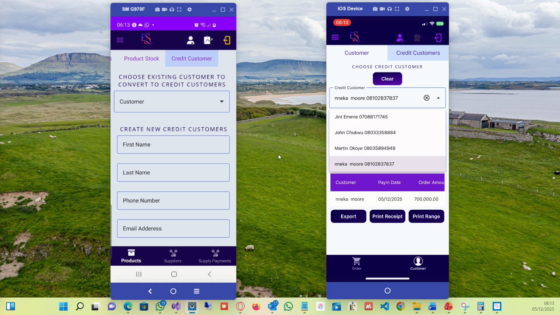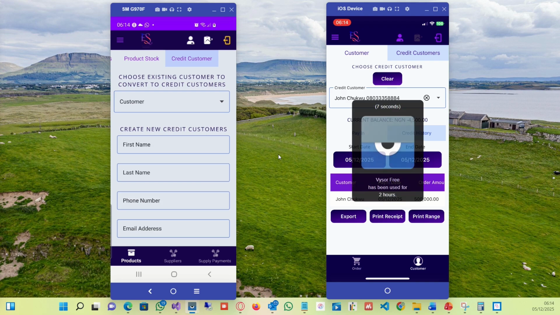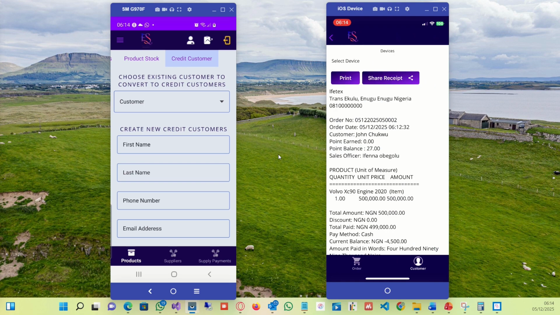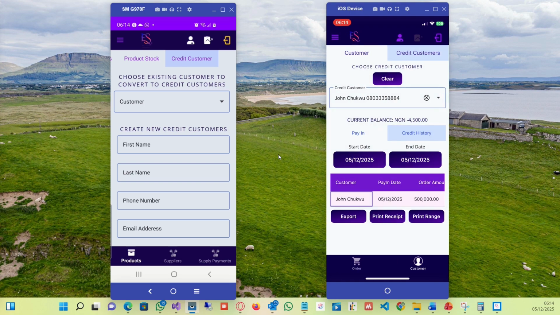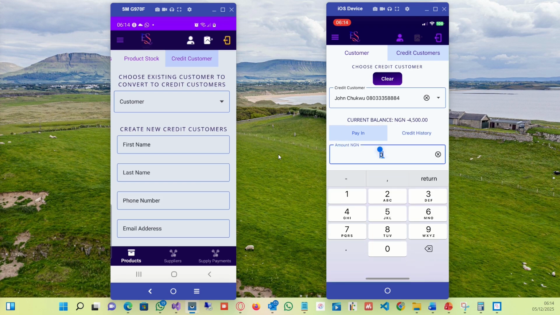So if you change to John Chukwu, right? It has a current balance of 4,500. Now from here you can view and print his receipts again. You print the receipts. Then if you want to pay in to clear this debt, you can pay in 4,500